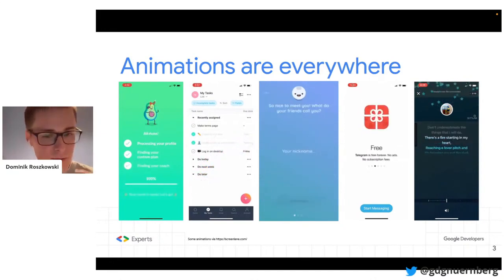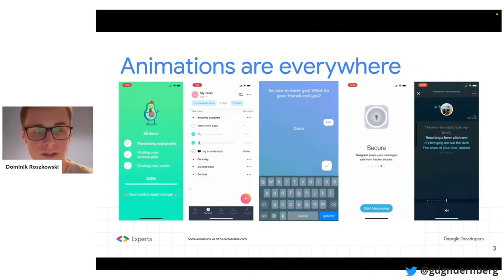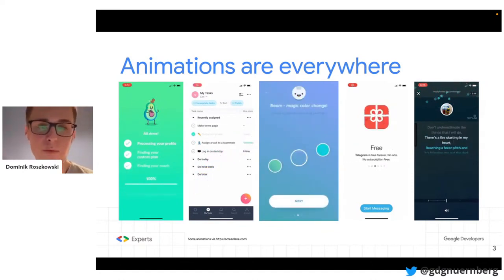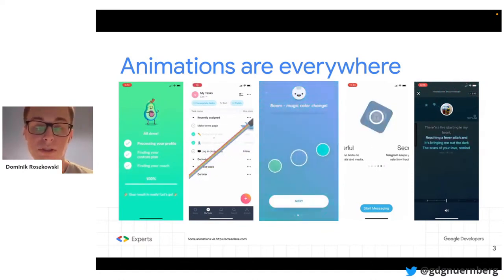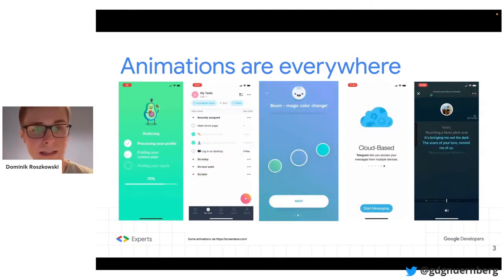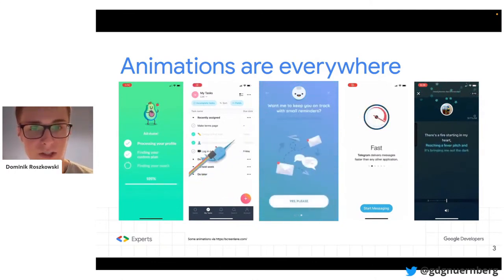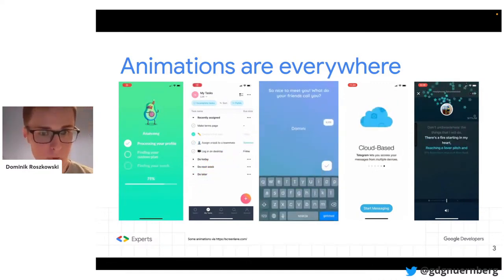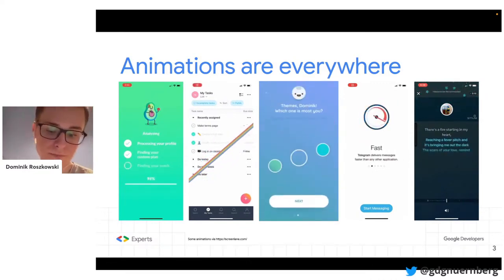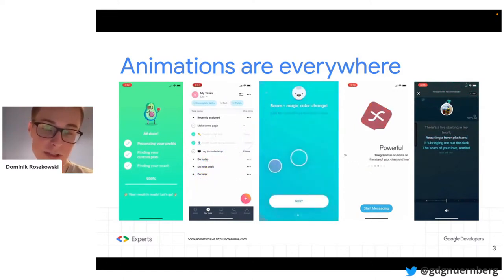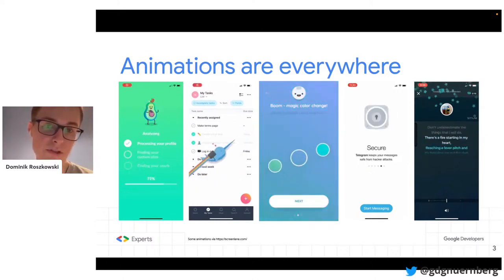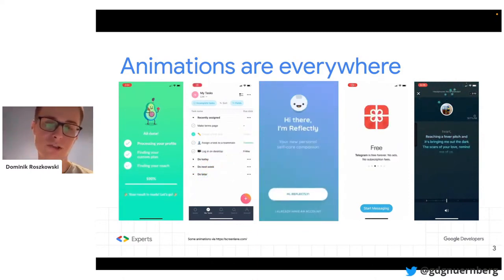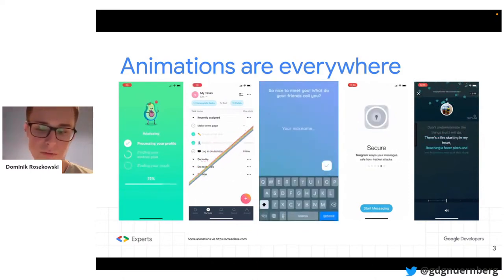They are either little micro interactions, for instance when you mark your to-do list as done, or they can be super complicated, like in the Reflectly app, where the whole app is just one big complex animation. Today we are going to start small in our exploration of how animations work in Flutter, and then at the end we have some more complex stuff, just to give you some inspiration for your own projects.